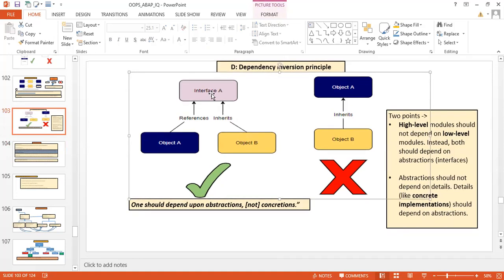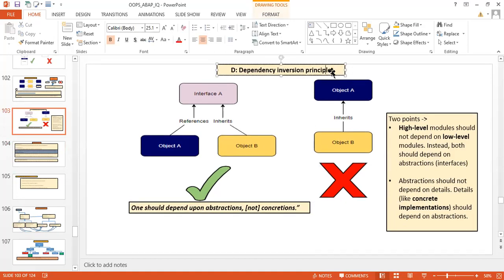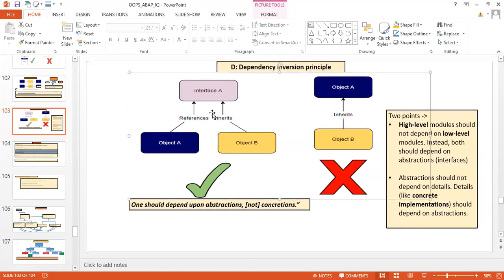So what it is telling is that you are not supposed to inherit the concrete class. Better, if it is required, then you inherit the abstract class or the interface. That is the better way. It means inherit the abstraction, don't inherit the concretion.